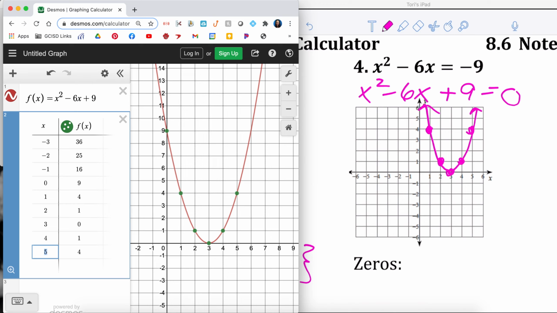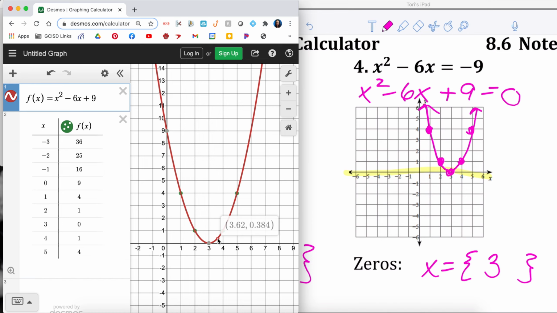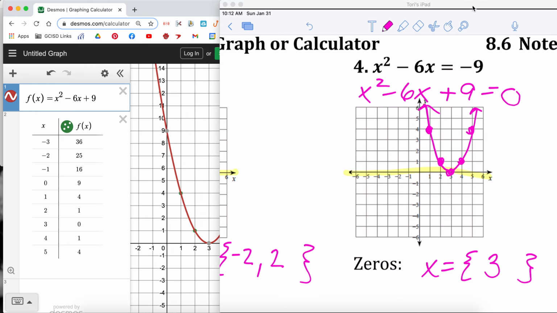Then I would ask myself, how many times does this graph touch the x-axis? Only one time. So I'm only going to write one answer. X equals, and where does it touch? It touches on the positive 3. If you weren't sure, you can come back to your graph, click on the red graph, and then that little gray point will pop up and it will tell you what the number is. Okay. All right, let's go to number